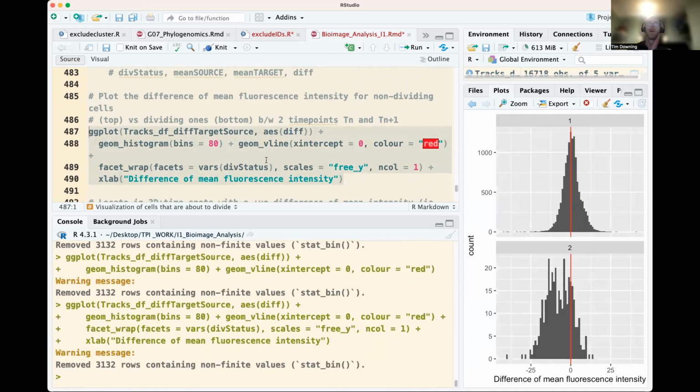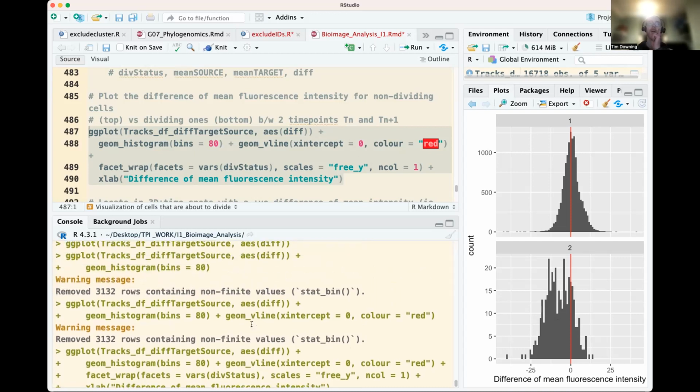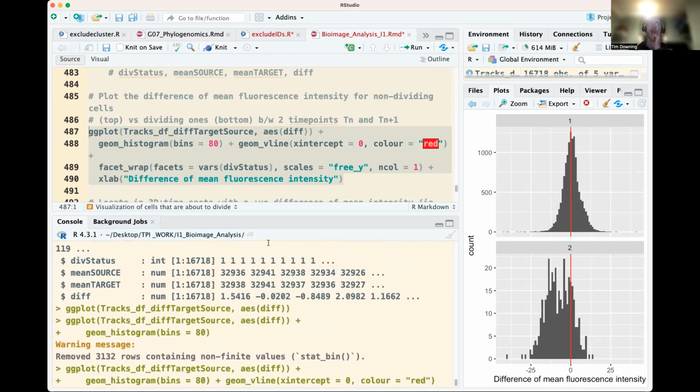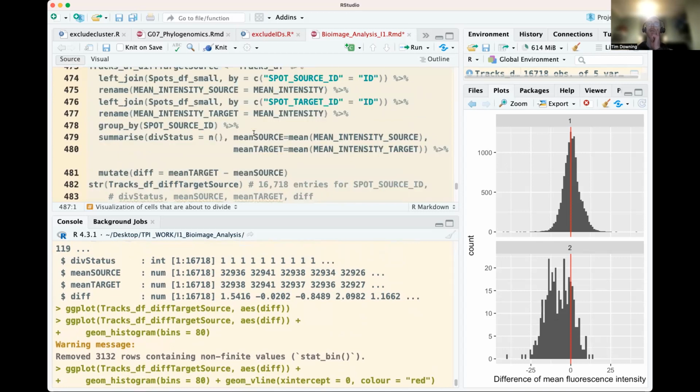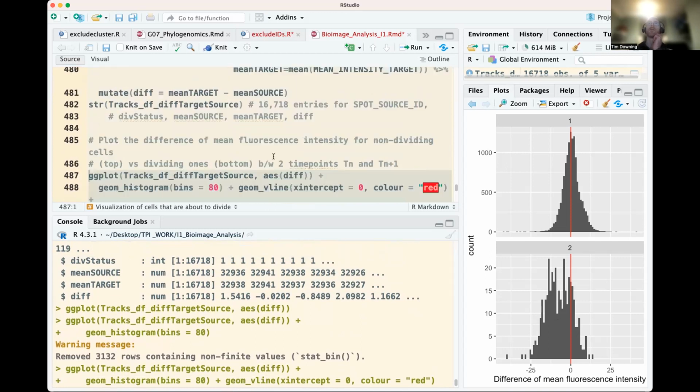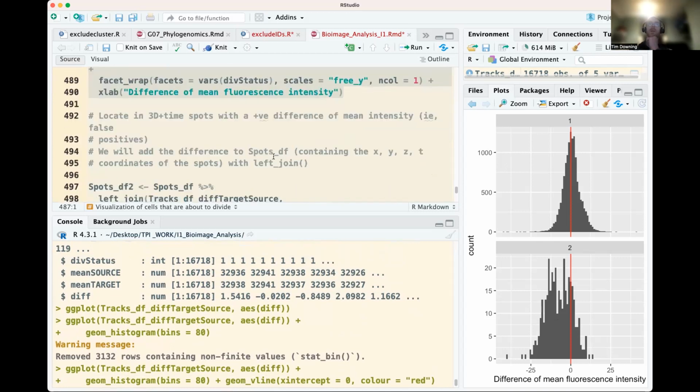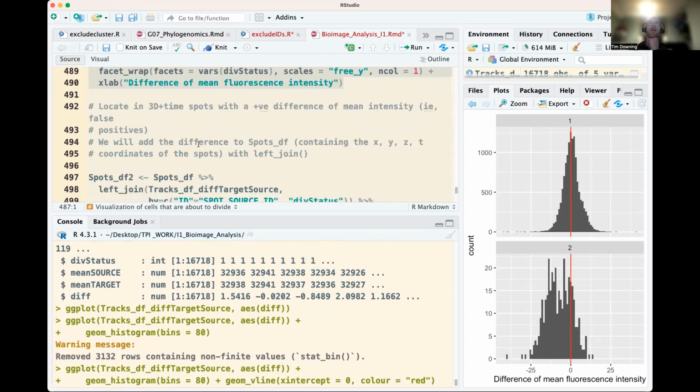So two plots, top and bottom. The static ones are on top, where there's no change on average, and the lower ones are where we do see a change. Here you can see that there is a change. The source and the target show a difference, so they're the ones that are dividing. So what we can do